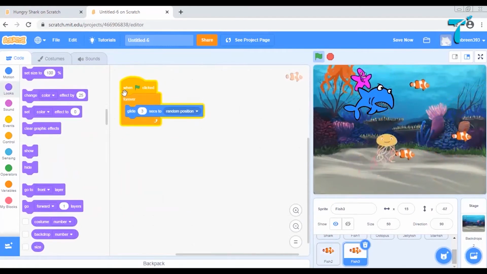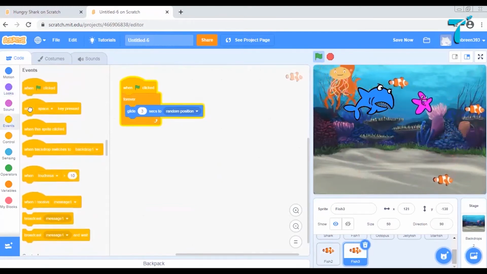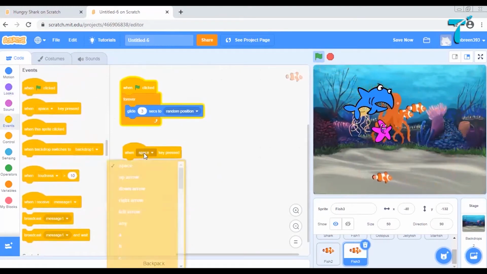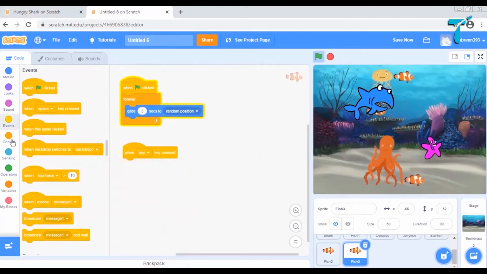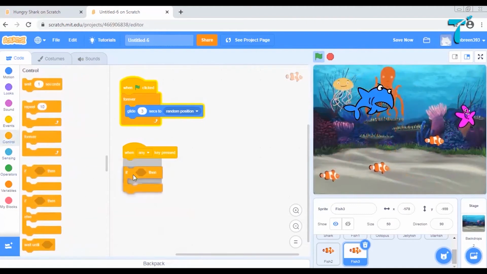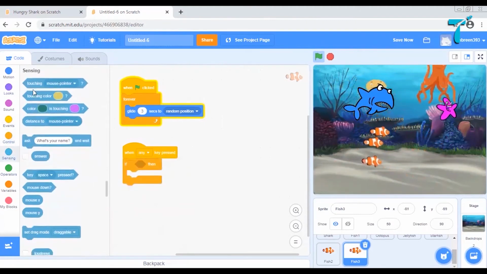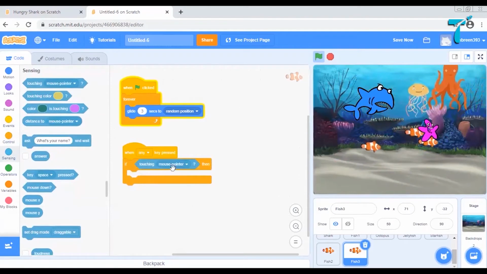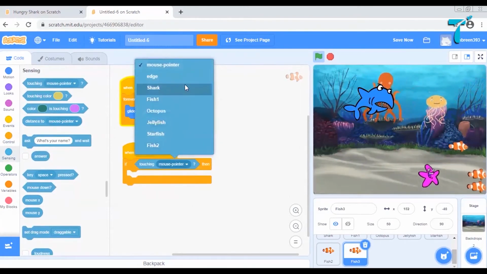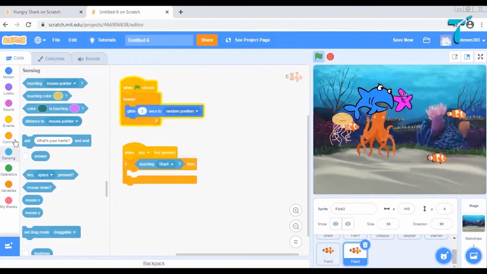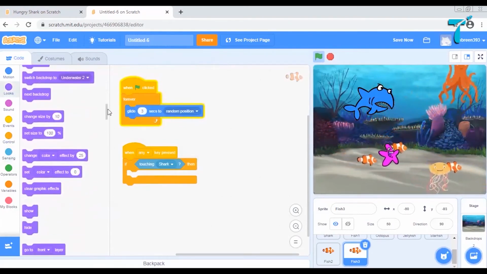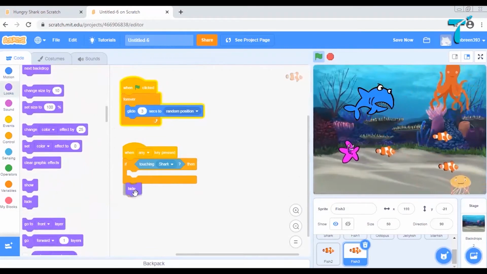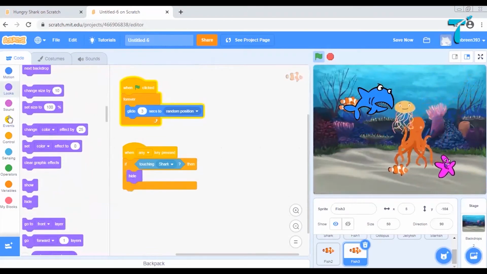Let us go for the final fish now. That is, again, the same command. When any key is pressed, then what should happen? It should check if it is touching the shark. And then if it happens so, it should hide. It should wait for a few seconds.